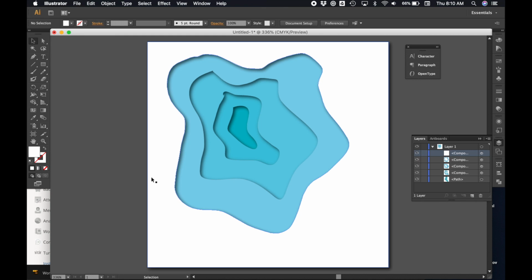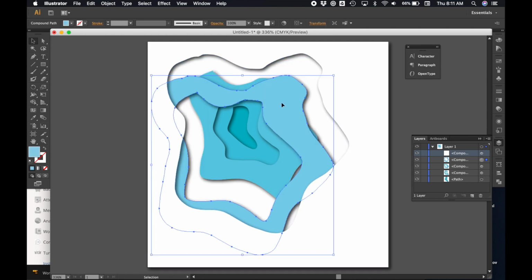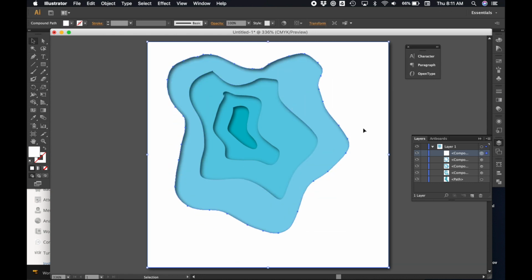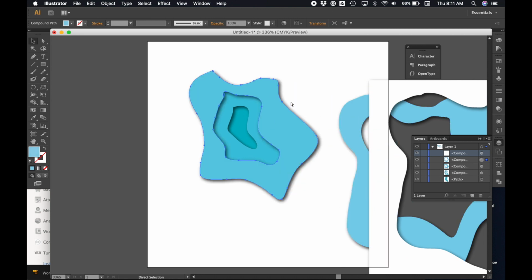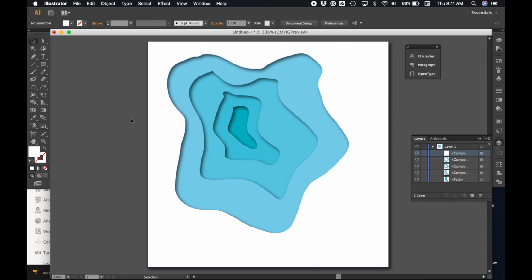How to create a paper cutout sort of effect in Illustrator. You can see here I have a few different layers, and here I'll move them around so you can see. It's a little confusing to see, but there's this white layer on top. If I pull that out of the way, there's this layer and this layer, and they're all sort of going back to create an effect that looks like it's a bunch of paper with holes cut in it that's stacked on each other. This could be used for creating something like a topographical map, or